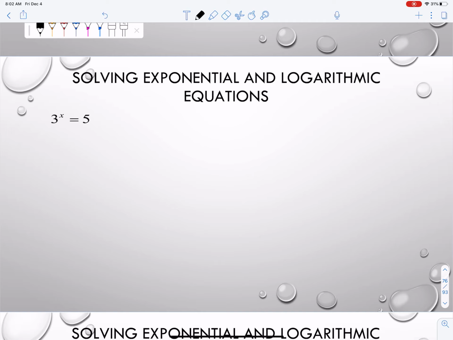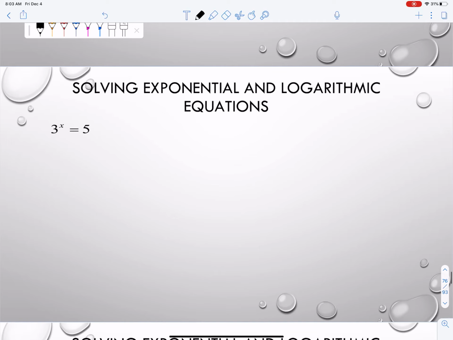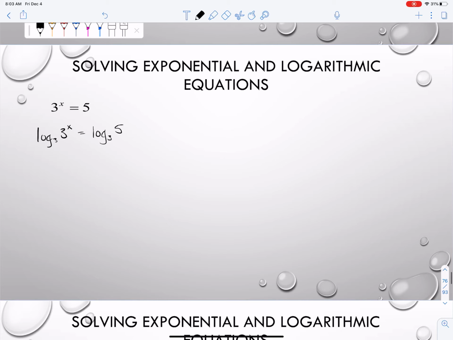Okay, so I'm going to show you this problem 2 different ways. There's an intuitive log that you might say, well, let's take that. Okay, and that would be log base 3, because my only exponential here is a 3 to the x. So if I take a log base 3 of both sides, and again, I want my exponential isolated before I do that, if that needs to happen. Okay, log base 3 and the 3 to the base of 3 cancel, and I'm left with x equals log